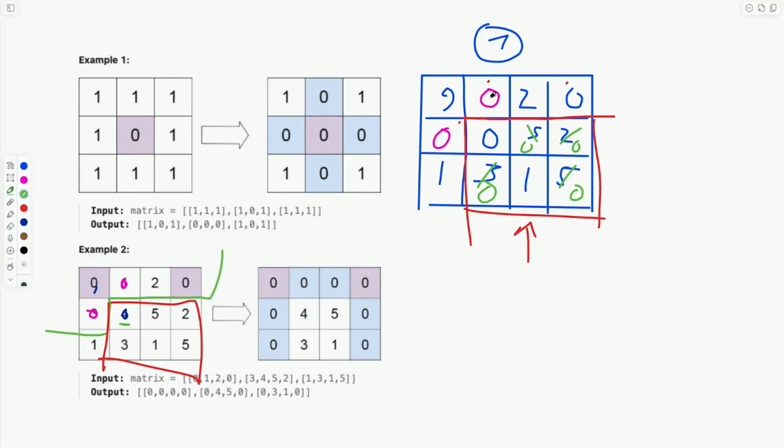And here, for example, since we've written a 0 here, it doesn't mean that we're going to update the entire row with zeros. What means that we're going to update the entire row with zeros is this 0 at the end that was already there. So we need to capture that information before we start writing anything into that row. Same for here. Just because we encounter a 0 here doesn't mean we want to overwrite these values with 0 as well, because we've written the 0 after